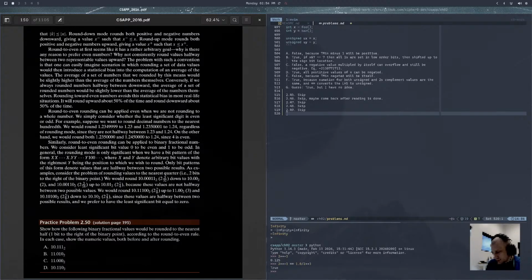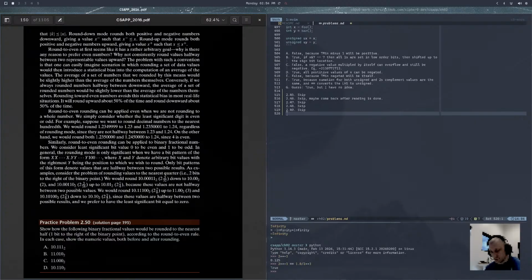Round to even rounding can be applied even when we are not rounding to a whole number. We simply consider whether the least significant digit is even or odd. For example, suppose we want to round decimal numbers to the nearest hundredth. We would round one value to 1.23 and another to 1.24, regardless of rounding mode, since they are not halfway between 1.23 and 1.24. On the other hand, we would round both 1.235 and 1.245 to 1.24,